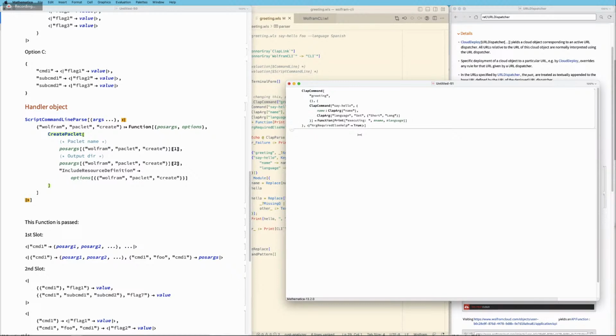Right. So as it does the pattern matching, when it matches something, it will run a function and then bind the result to the symbol,